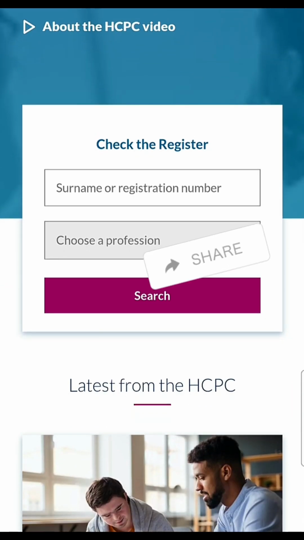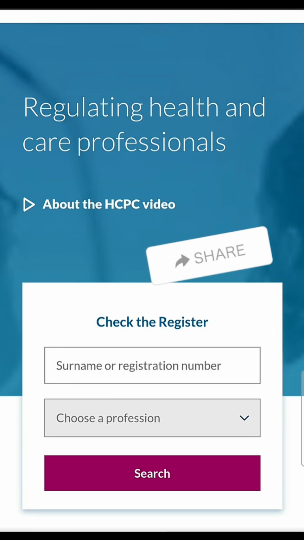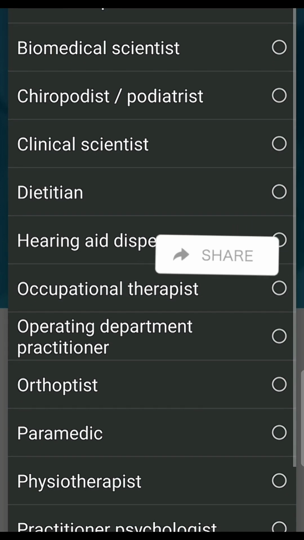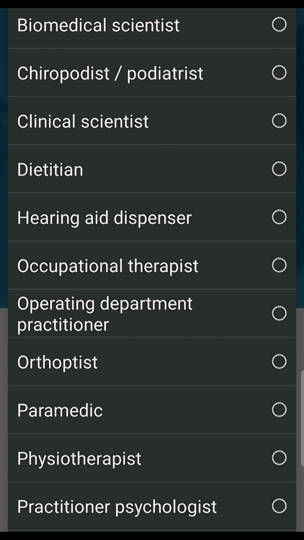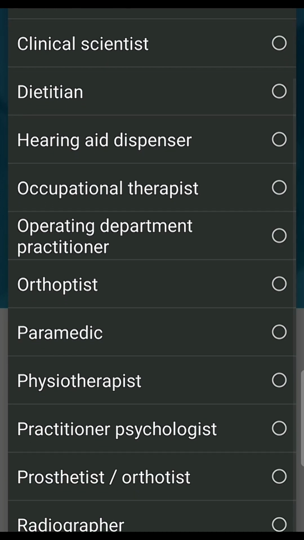There are 15 professions, as I said, which are regulated. Professions include art therapist, biomedical scientist, chiropodist or podiatrist, clinical scientist. They are, let's say, like a biochemist. If you have experience working in a laboratory or in a research aspect, you could check the requirements on the HCPC website to be assessed as a clinical scientist. They also regulate